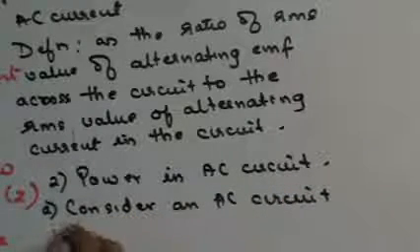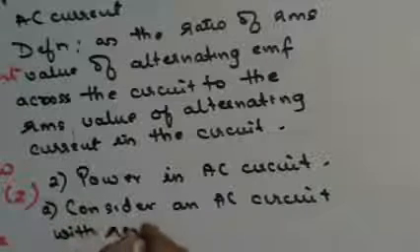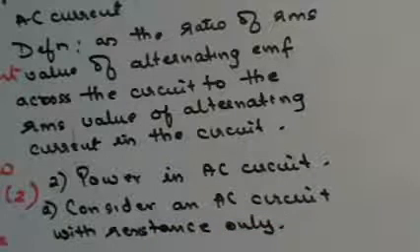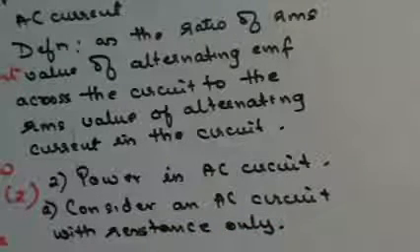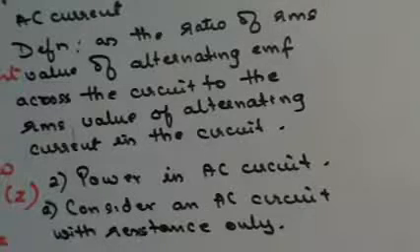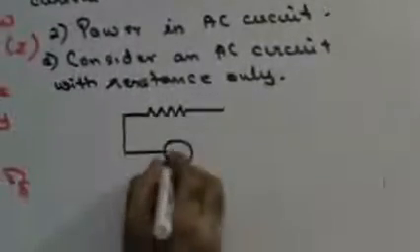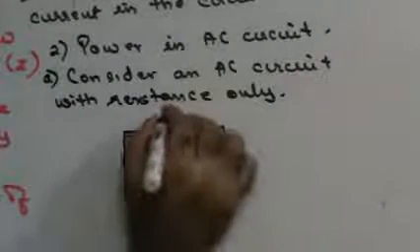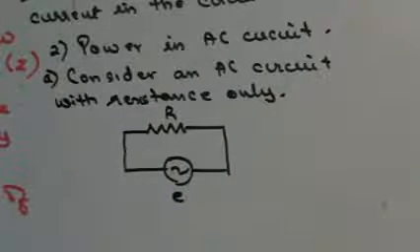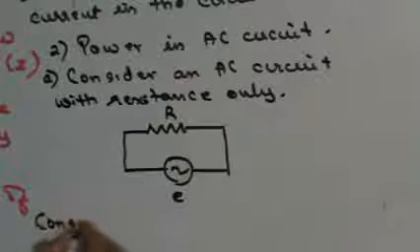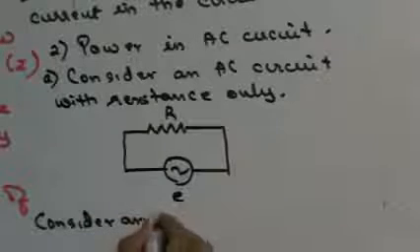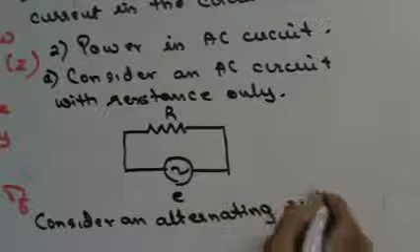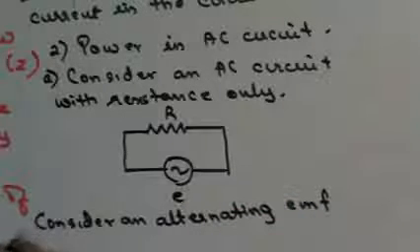with resistance only. Right? So let's draw an AC circuit with just resistance in that circuit, EMF, and you have resistance. This is EMF, this is resistance R. So I'll say consider an alternating EMF applied across a resistance